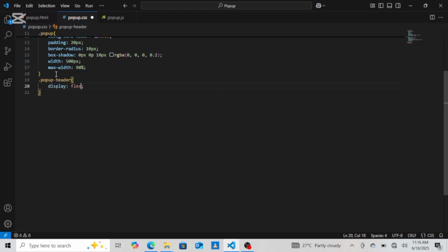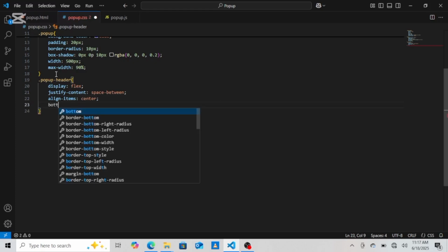Then I'm going to say justify all the content. Justify content to be space between so they can have space. Then align all the items to center. Align items center. Then border from the bottom. Border from the bottom is